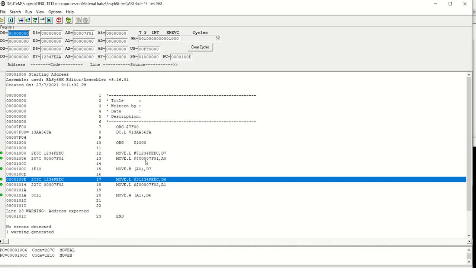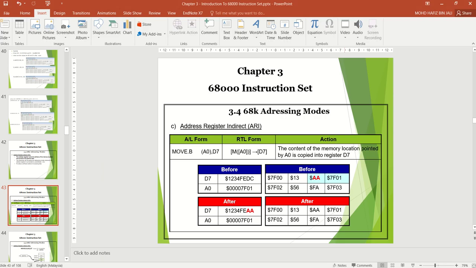Oh, I forgot to explain how to set the value of the memory at address 7F01. You need to set the origin address to 7F00, and then follow the setting here.